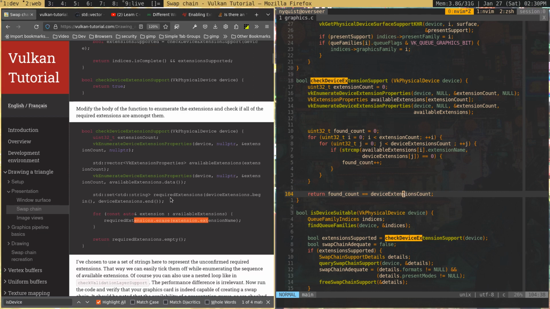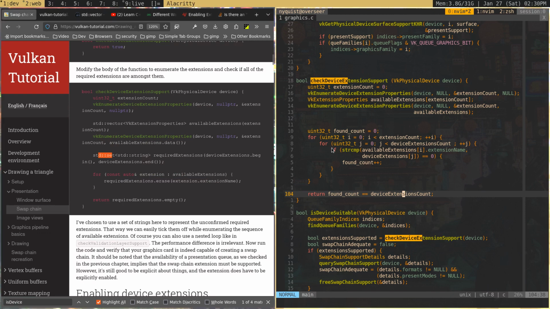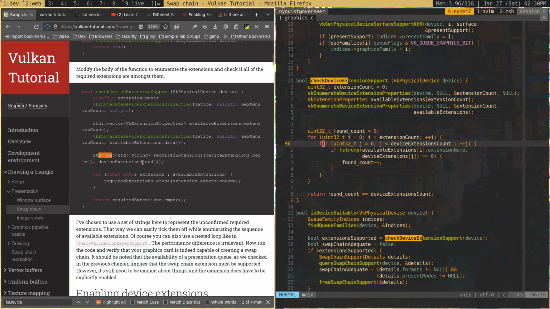But what they did is something weird. They're using a set, yeah, a set. And in my case, I am doing, what is it? Yeah, it is a nested for loop. I guess a nested for loop might not be as good, but they're checking